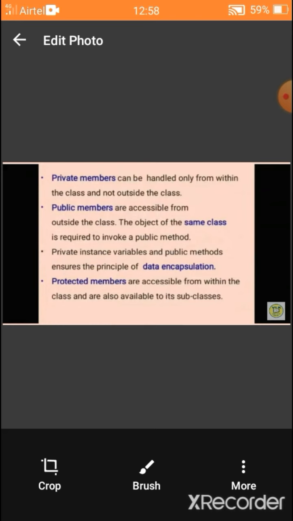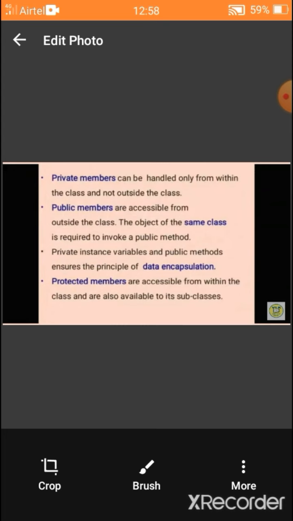So third one is protected members. So this class can have subclasses. It can use variables from within the class and also its subclasses. Already we have learned all these. Just remember that private, public, protected are access modifiers.